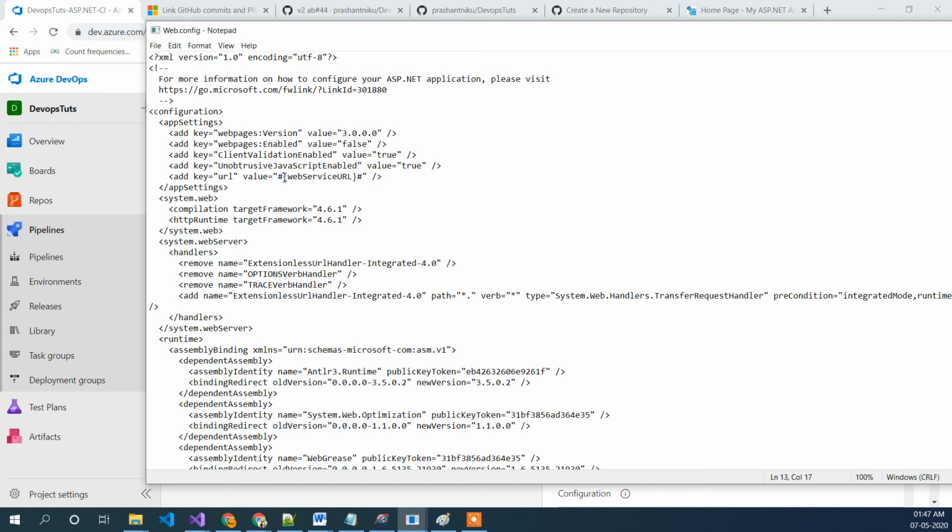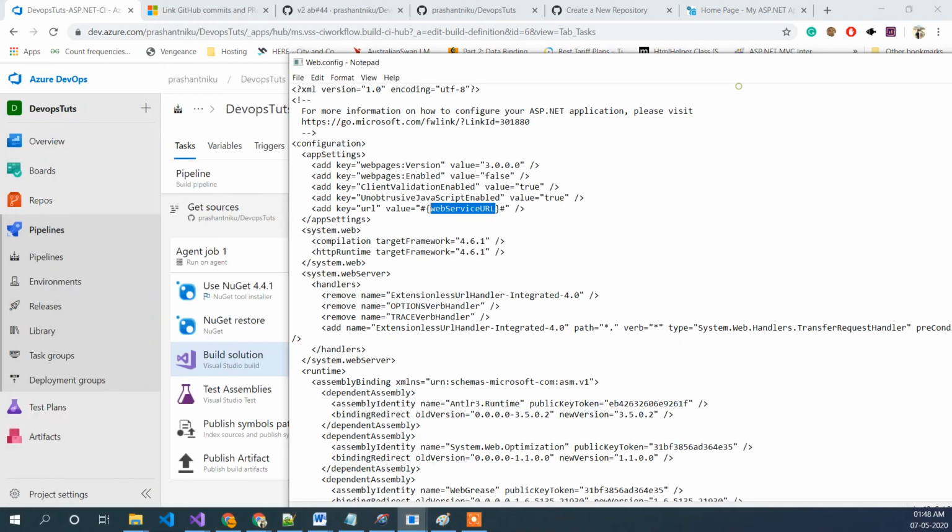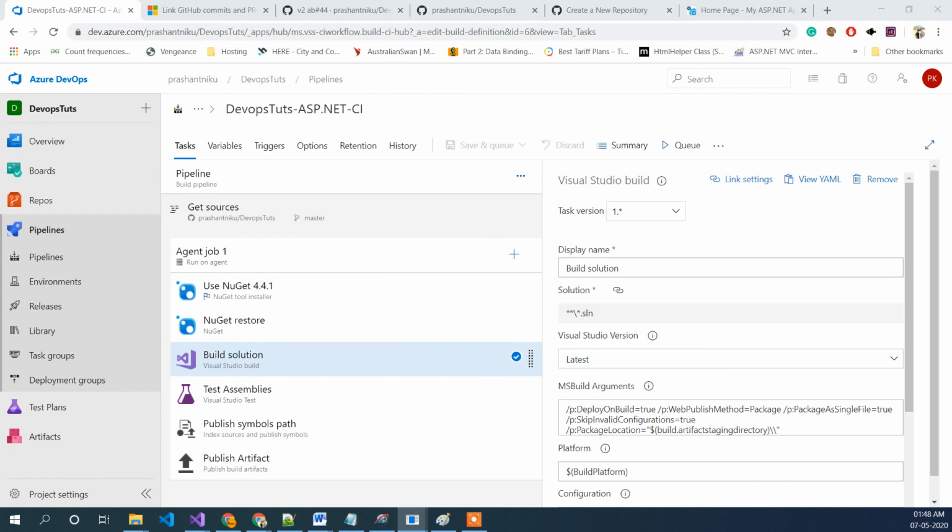What we need is to replace this with our newly created thing. Let me just copy this for now. Always remember, you don't have to add the tokens, just the variable name from inside. I'll just use it again.